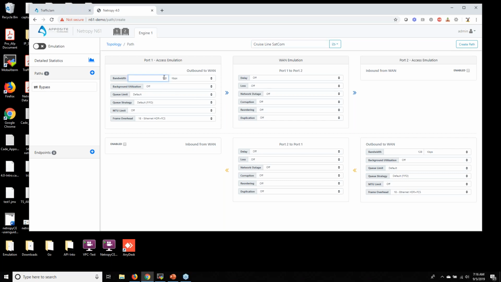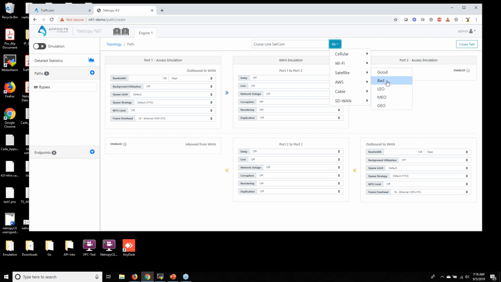I could come in here and create all my different bandwidths and delay. But for now, I'm just going to use one of our templates. We have satellite templates. As you see, we have satellite good, satellite bad, low Earth orbit, mid Earth orbit, and geosynchronous Earth orbit.